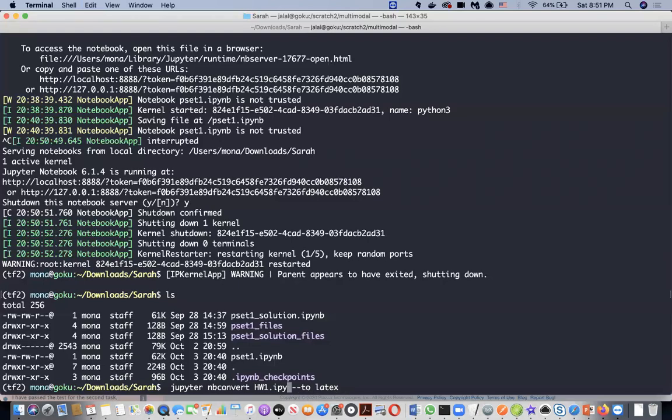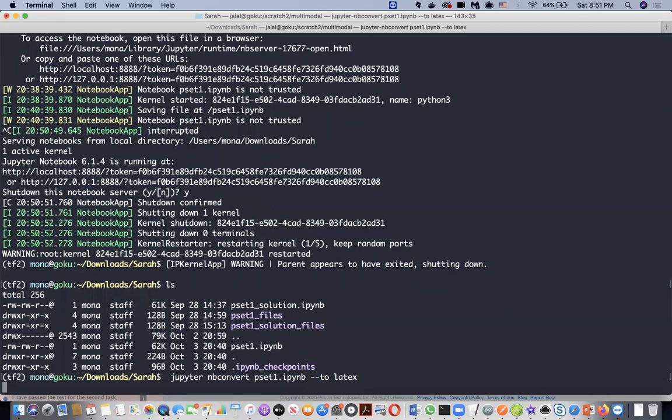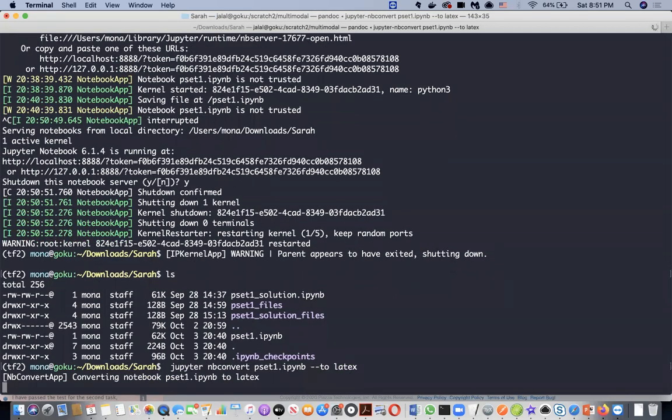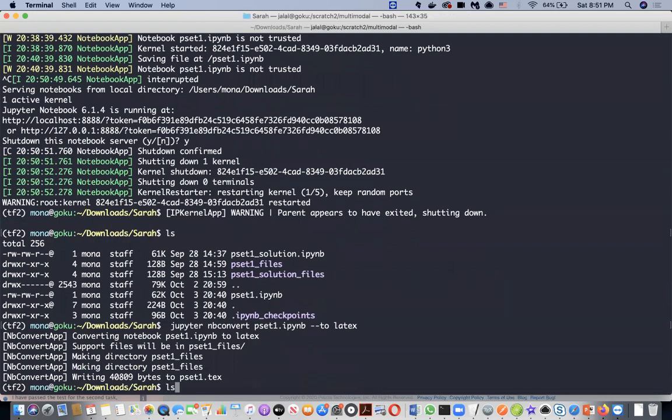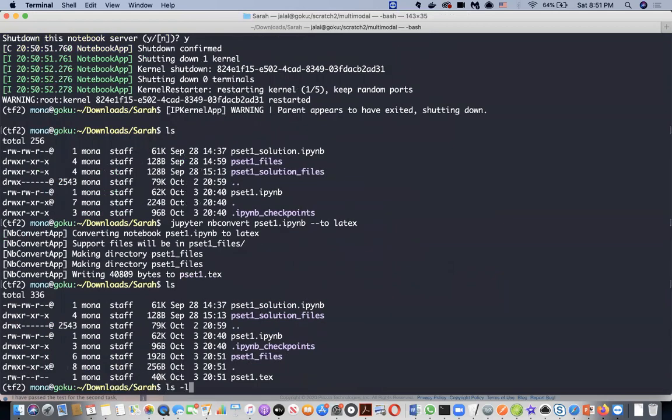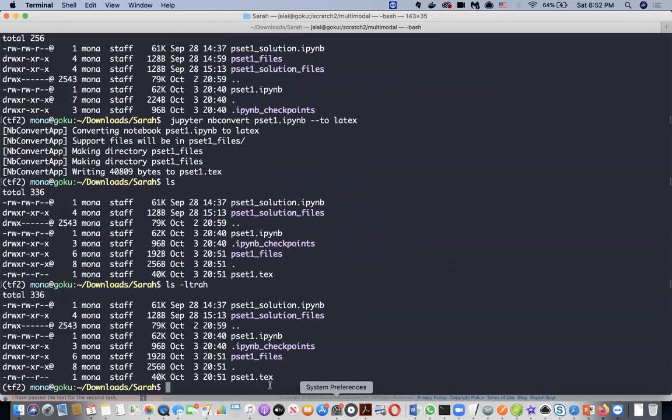The name of the homework that we are going to create a PDF for is pset1.ipynb. What this command says is basically convert this IPython notebook to LaTeX. This is a two-pass command. Initially, we convert the IPython notebook to LaTeX, and then from there, we convert the LaTeX to PDF. So let's first run this pass. If you do ls -ltrah, the last thing that you see created is your